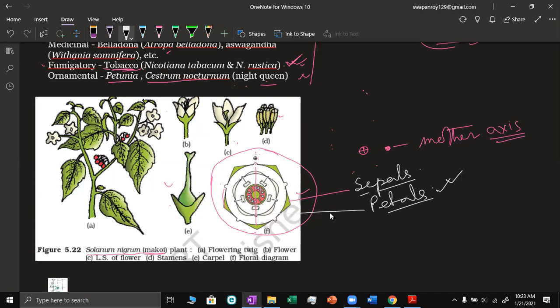One thing we have to remember while drawing the floral diagram: out of the five petals or sepals, is the odd one anterior or posterior? In the case of calyx, the odd one is anterior. These are 2, these are 2, and this is the odd one, the fifth sepal, which is anterior. But in the case of petals, the